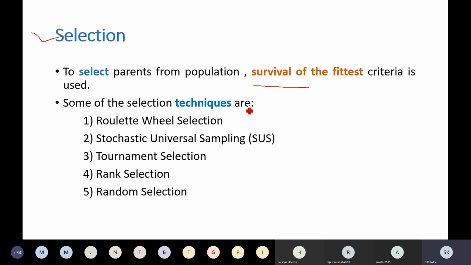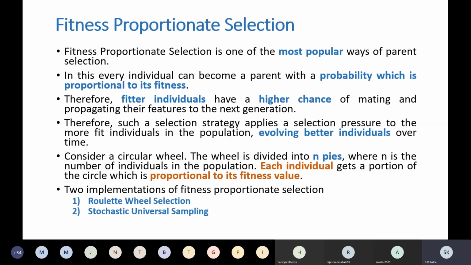There are several techniques, and we are going to discuss them one by one. First, roulette wheel selection, then stochastic universal sampling, SUS we call it. We have tournament selection, rank selection, random selection. These are some of the techniques that you can use for selection. We will see them one by one.